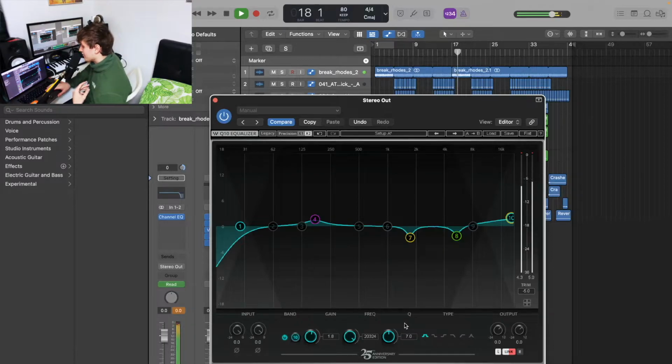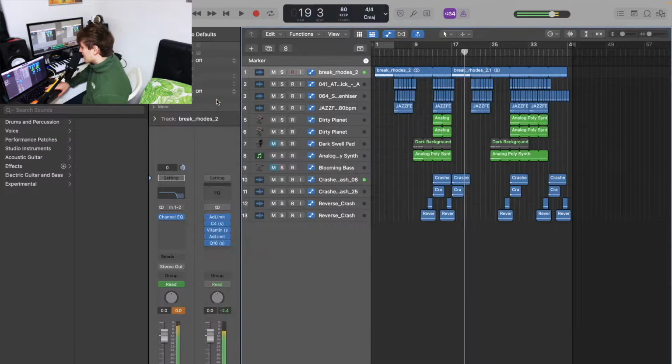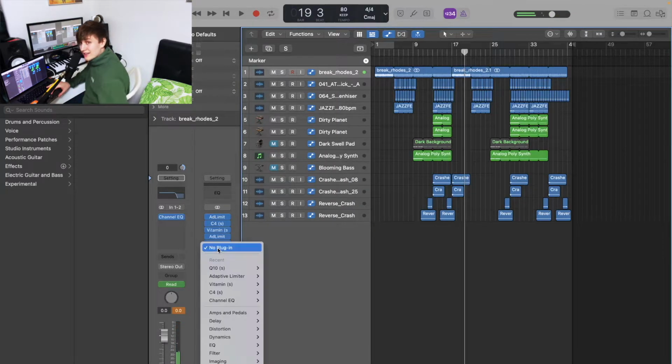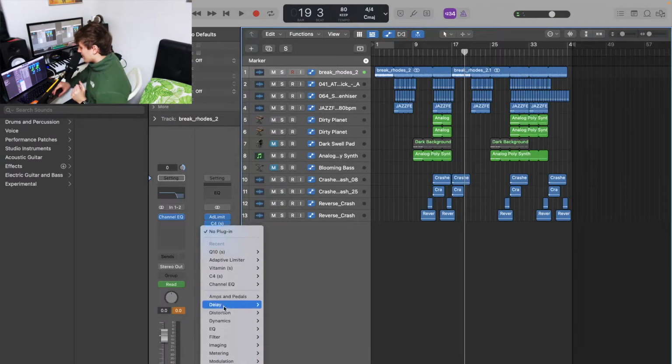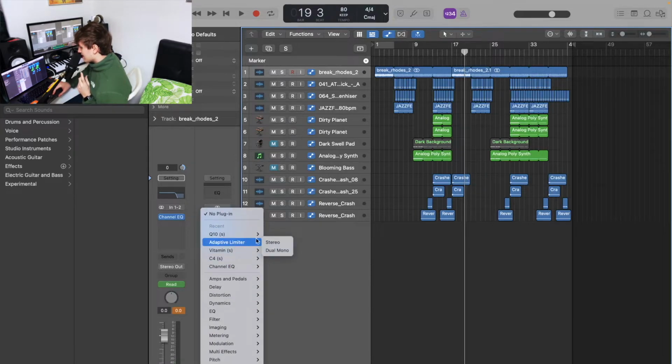Support them crashes as well. But yeah, I'm going to leave it like that. I normally spend more time on it, but hey, there we go. And now the last thing that we're going to do before we focus on the loudness is, again, I'm going